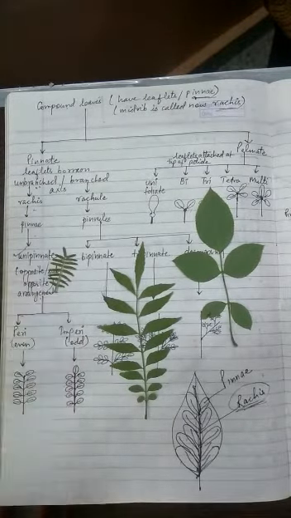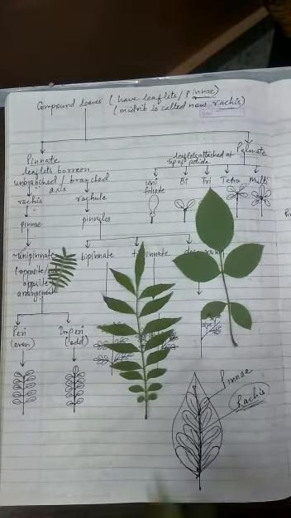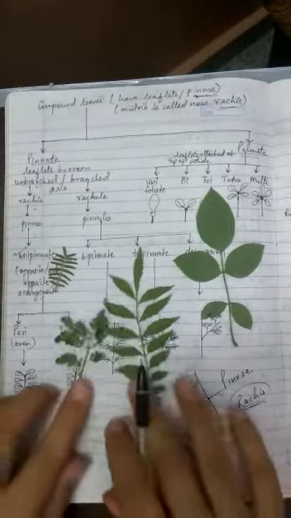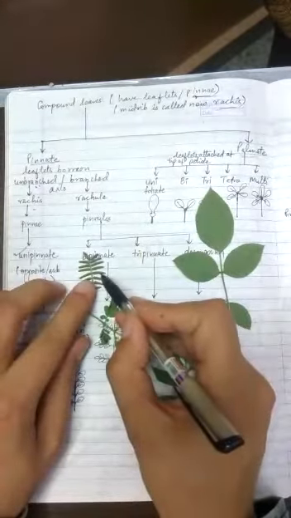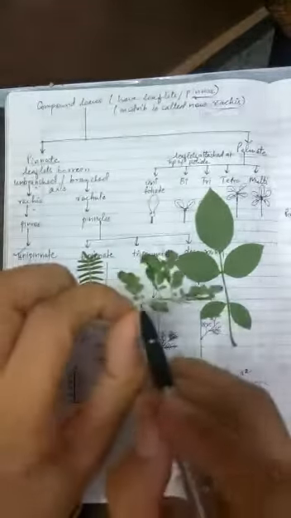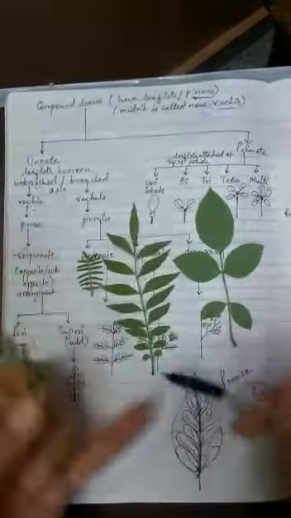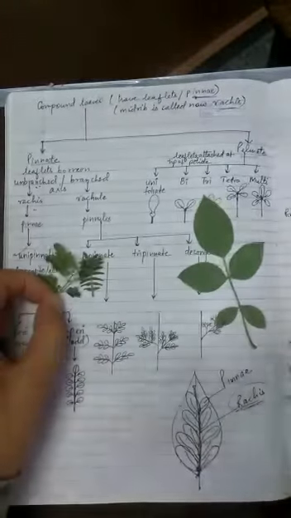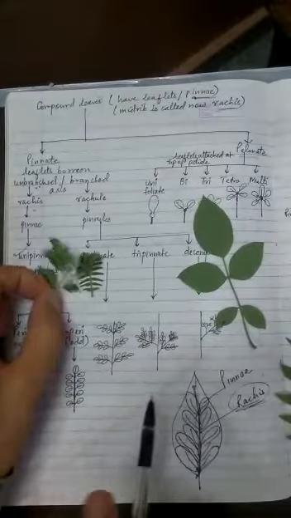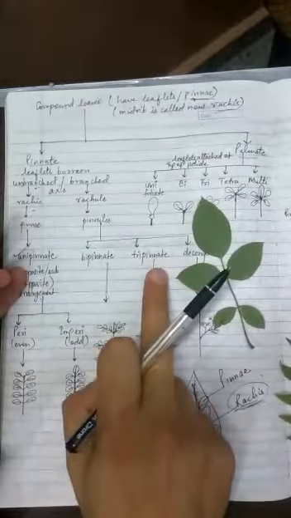In this leaf, there was one more leaf, just a second. Yes. In this leaf, you can easily see this is the branched axis and then smaller leaflets are attached, and this is the branched axis on which smaller leaflets are attached. Now in these two cases the rachis is unbranched, but in these two cases the rachis is also branched. So if the rachis is branched, it will be either bipinnate or tripinnate or decompound.